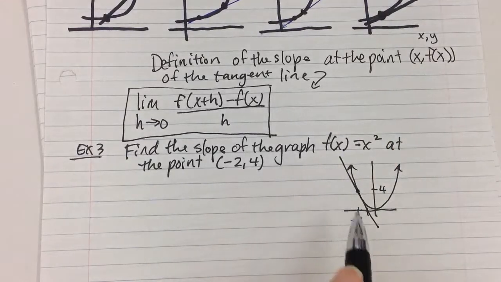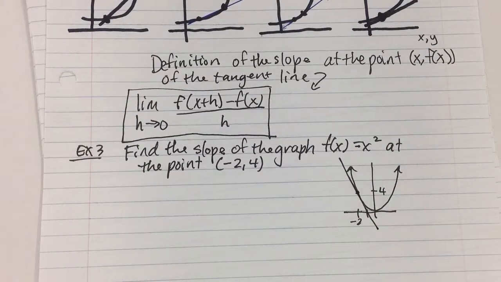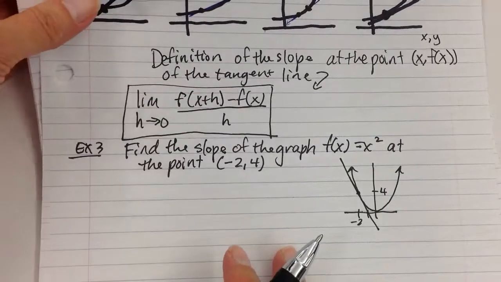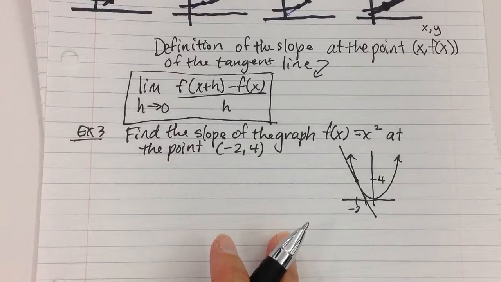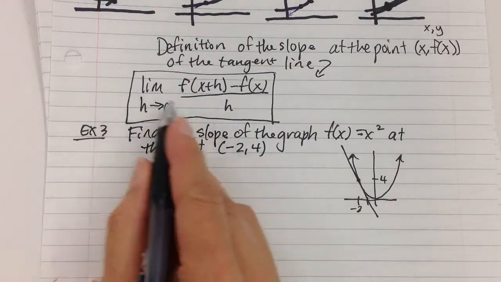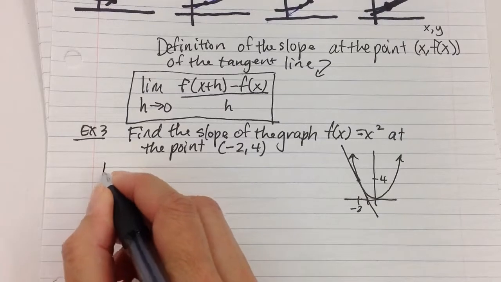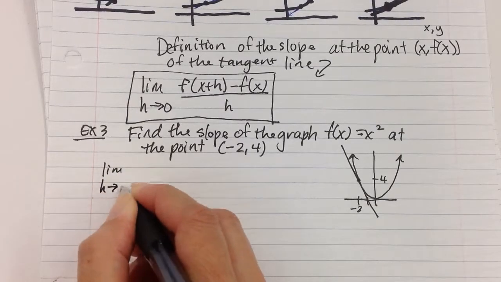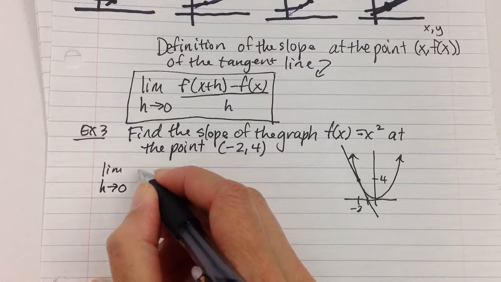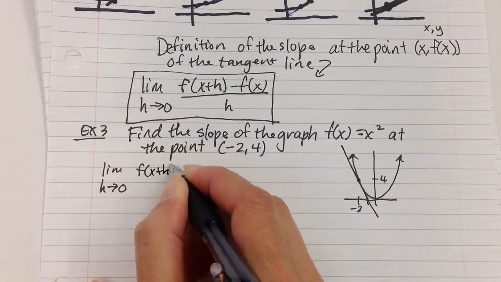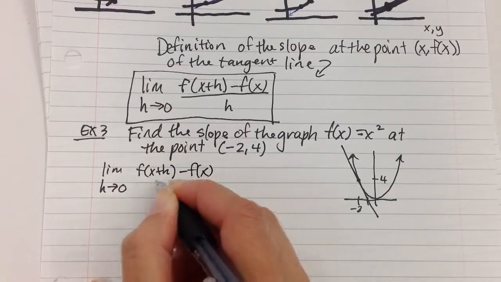Is that a positive or negative slope right there for that tangent line? Negative. So I know my answer should be negative, right? And so we're going to look at the equation that we have. We're going to use this equation. Let's rewrite it. The limit as h approaches 0 of f of x plus h minus f of x over